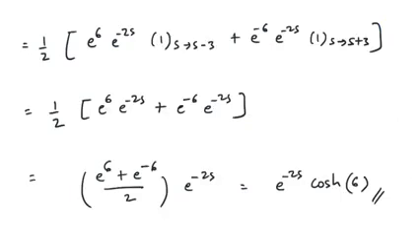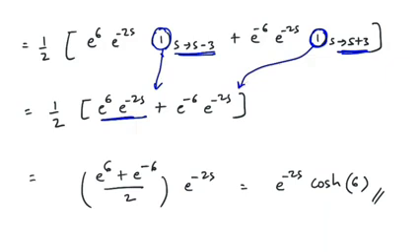So you can see that Laplace of delta of t is 1 and s is shifted at s minus 3. And again Laplace of delta of t is 1 and s should be shifted at s plus 3. But because the answer is a constant, even if you do the shifting, the answer won't change. So the final answer is e raised to 6 into e raised to minus 2s. Here also, even after shifting the position of s to s plus 3, the answer won't change because the answer was 1, the answer was a constant. So that is the reason you are getting the same answer, e raised to minus 6 into e raised to minus 2s.